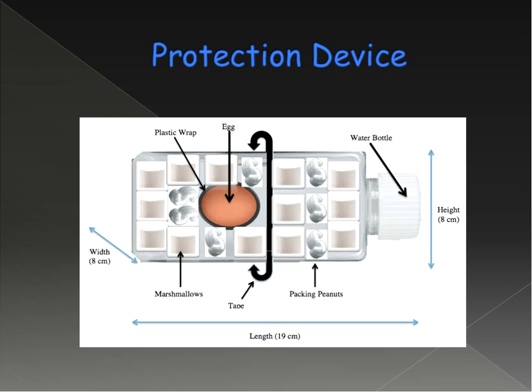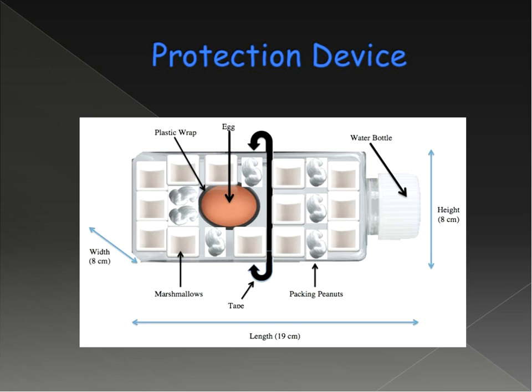the water bottle, and then I started inputting packing peanuts, which were very good because they allowed for space and movement of the egg, but not too much that it bounced around and broke. So this is just the dimensions of the egg protection device. The length 19 centimeters, height 8 centimeters, width 8 centimeters, and then just all the marshmallows, packing peanuts, the